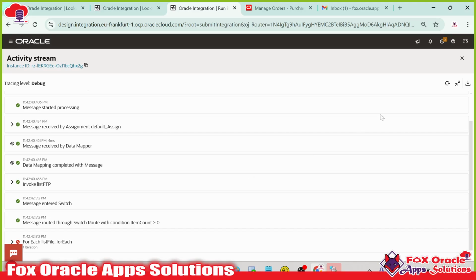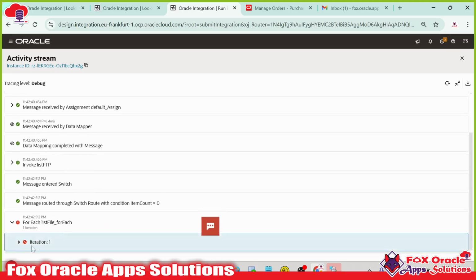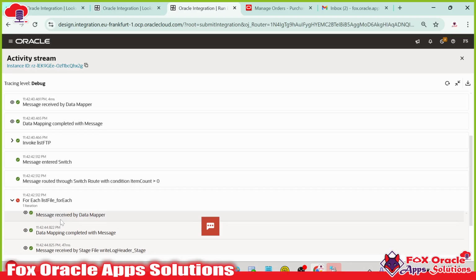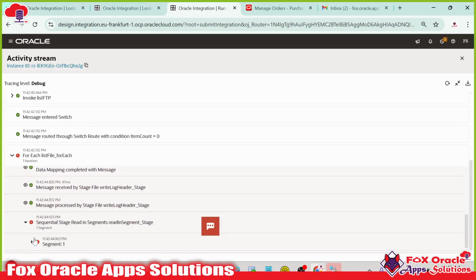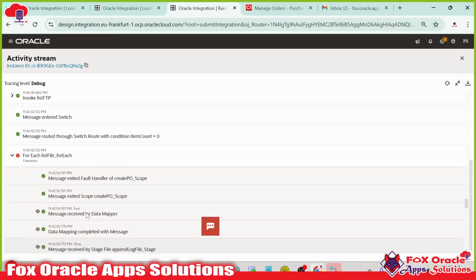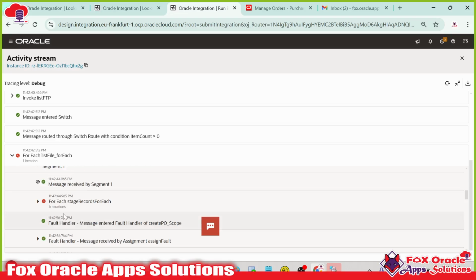So yeah, it's running. Let me check. So this for each is getting an error, and that error is going to be handled in the for each itself as we added the scope. So that is perfectly fine. You can see in the segment we have the iteration, and inside that we will have a total of 8 iterations. You can see 6 executed till now. If I refresh again,